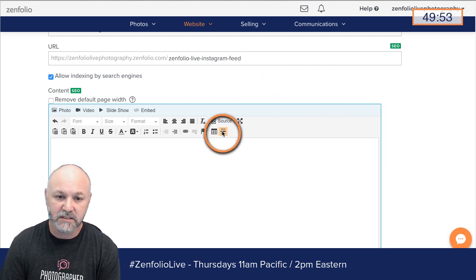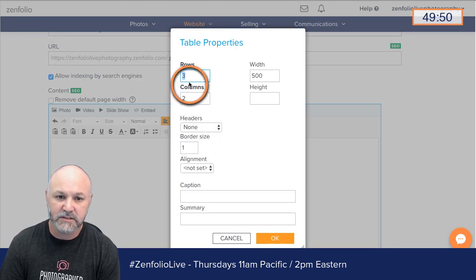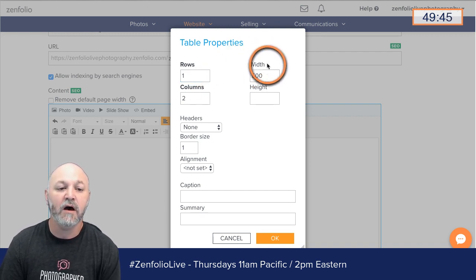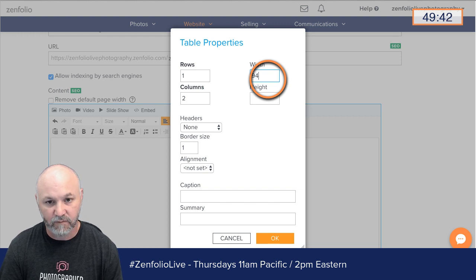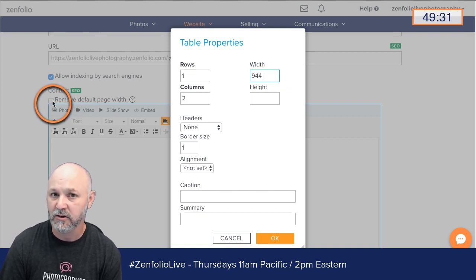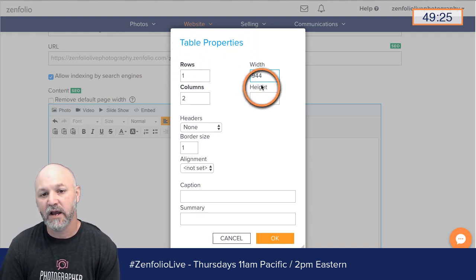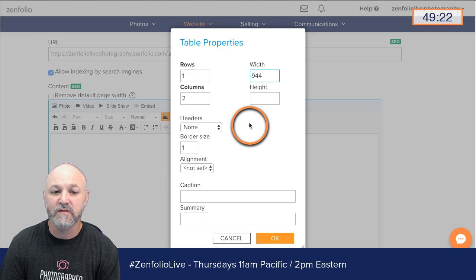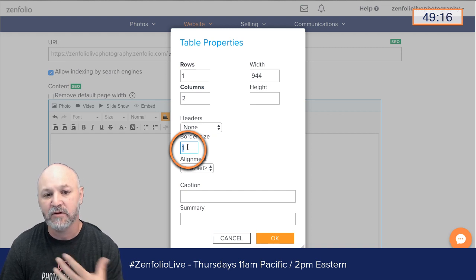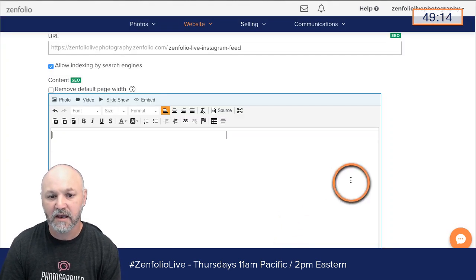So what I'm going to do is click the table tool, and I'm just going to make it 2 columns, and really I just want it to have 1 row, and I'm going to set the width of this table to be 944 pixels. Now, why am I setting the width to be 944 pixels? That's because that is the width of a custom page unless you check this option right here. And then the width of the custom page is determined by the source code. So that's why I'm setting that width. And then I'm going to leave the border on for now. You can hide the border of the table if you want. I'm going to leave it on, and then I'm going to hit OK,